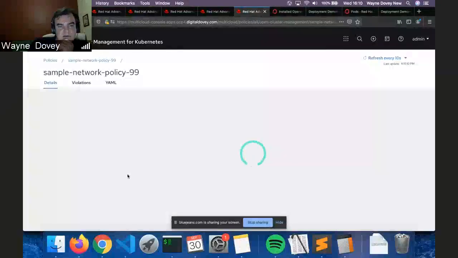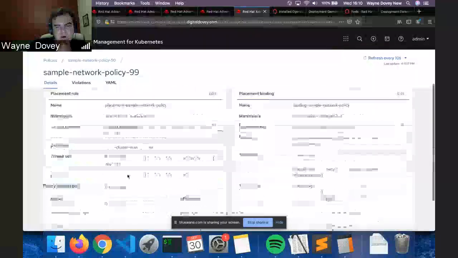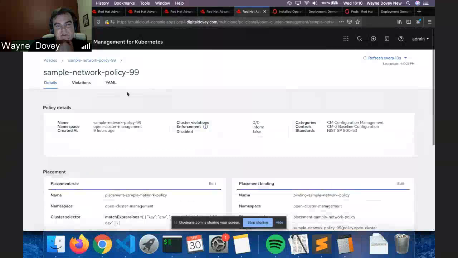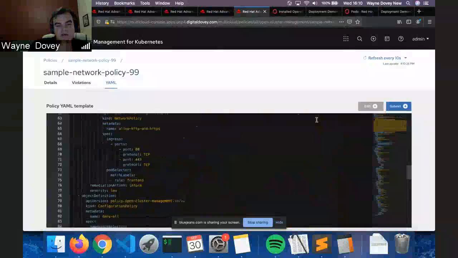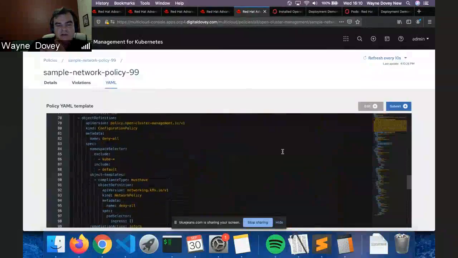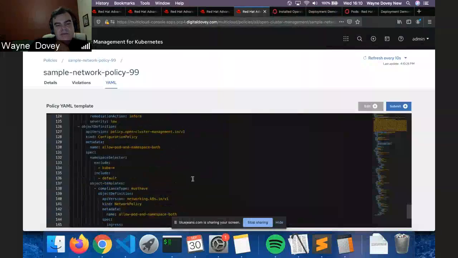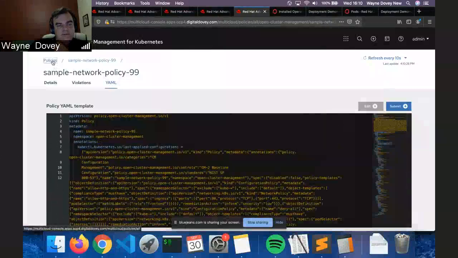Another example I'd like to illustrate is the use of network policies. Typically network policy is quite hard to manage, to implement, to enforce. This policy here is actually creating the network policy using the templates being provided. And it's a real nice way to ensure that network policy is enforced cluster and organization wide. That way, you can ensure that you have an implicit deny policy that's been adhered to, and if there are any exceptions, of course, those could be added to this policy for people using the cluster.